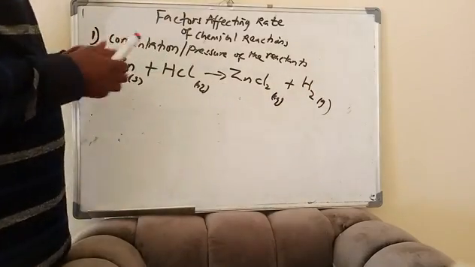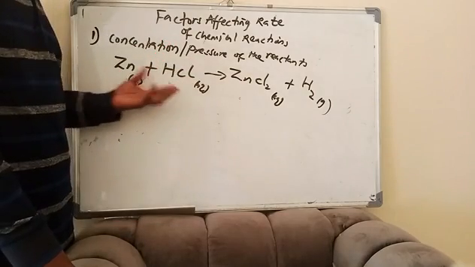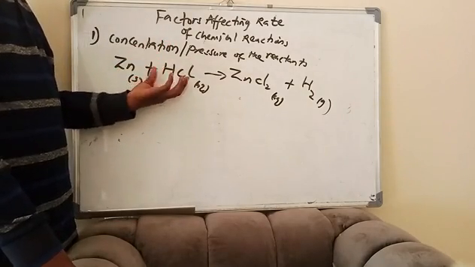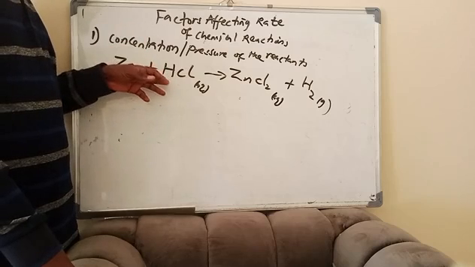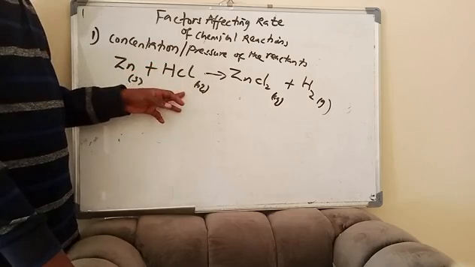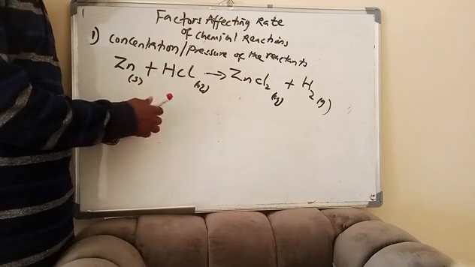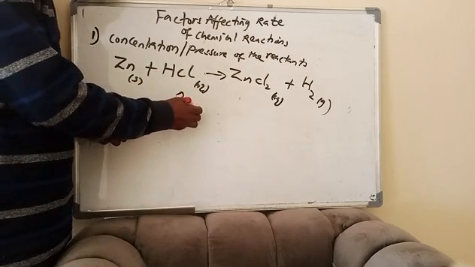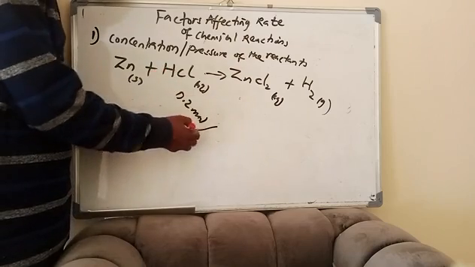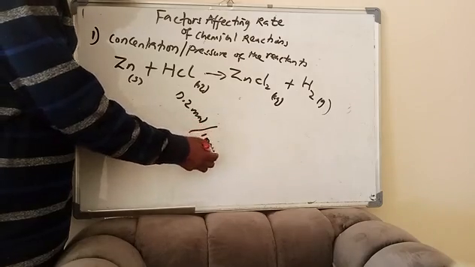For this reaction, one of the ways to improve the rate of this reaction is we look at the reactants. If we can increase the concentration of HCl, how much of HCl is present in the solution? Well, a HCl solution has a concentration. It could be that we have 0.2 mole of the HCl in every 1000 centimeter cube or 1 dm cube